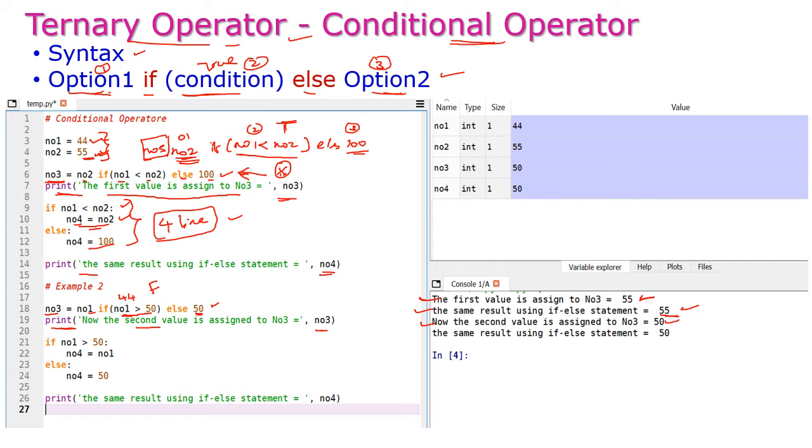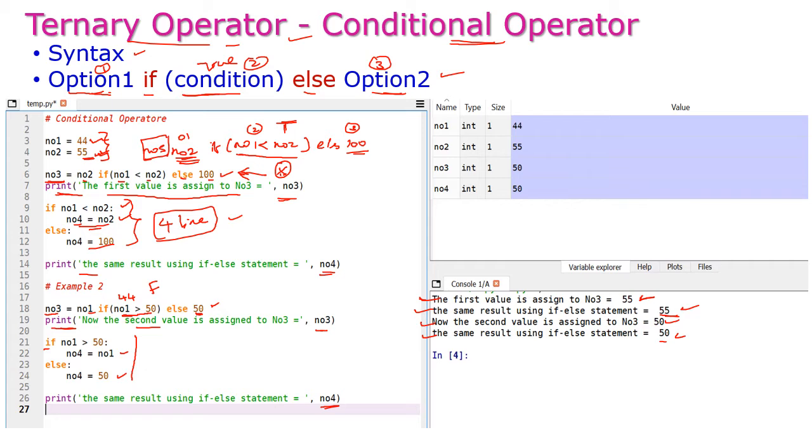The same statement can be written in this if else format. If n1 greater than 50, then n4 is equal to n1, else n4 is equal to 50. We will get the same result if we use the if else condition also. See, 50, the same value is assigned here.